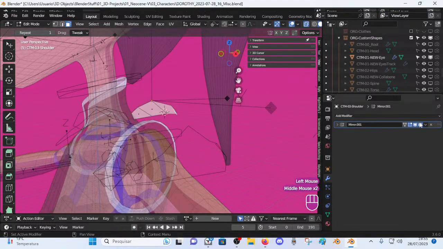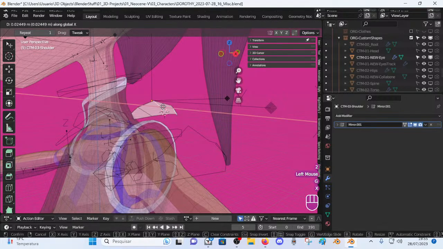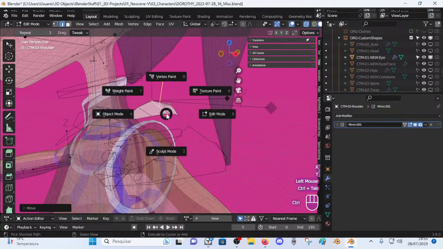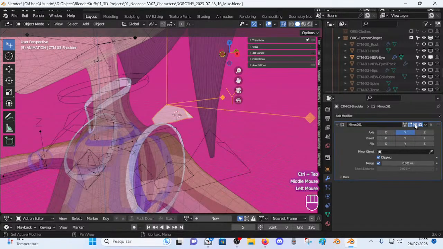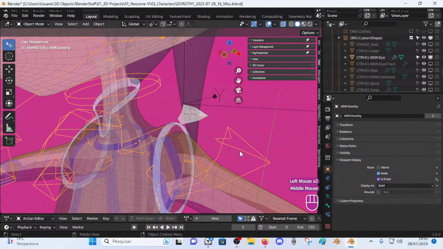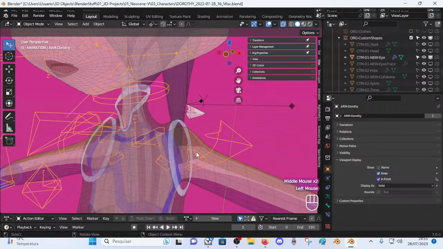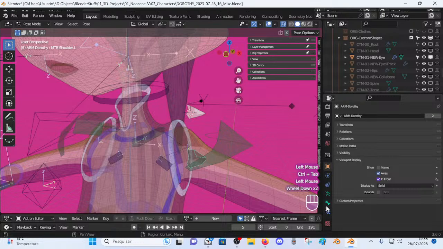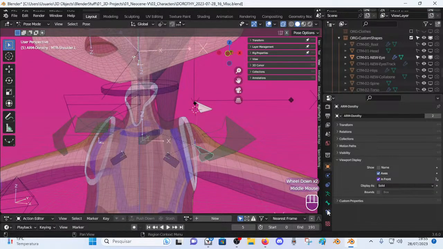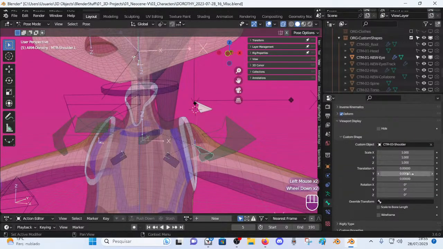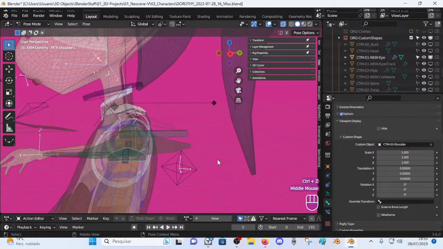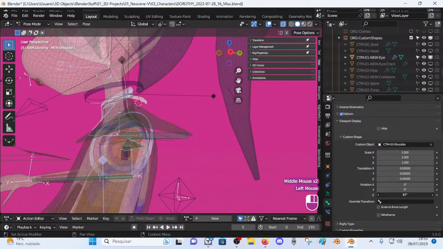Now the mirror modifier is okay, so we can keep it. So I leave it like that, and then let's go here, and with this one let's just try some changes here. No, not this one. No, this is rotation, it's Z, and